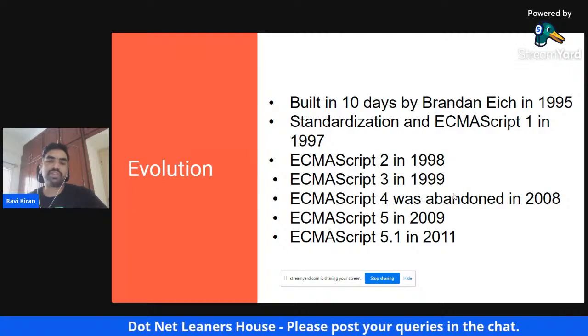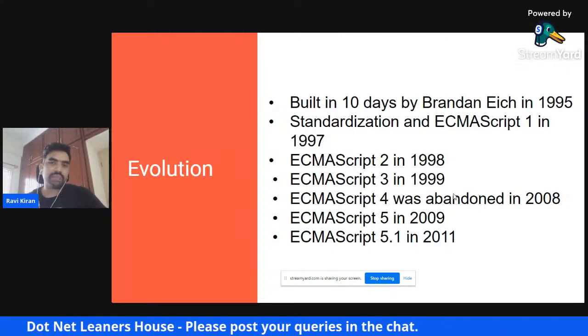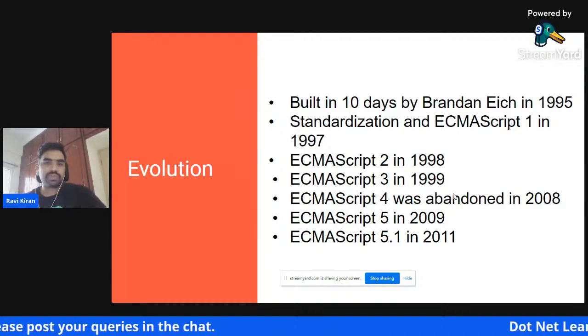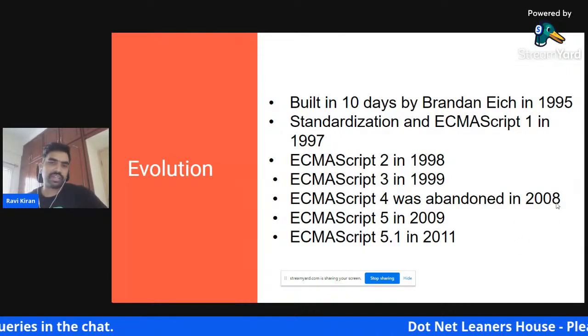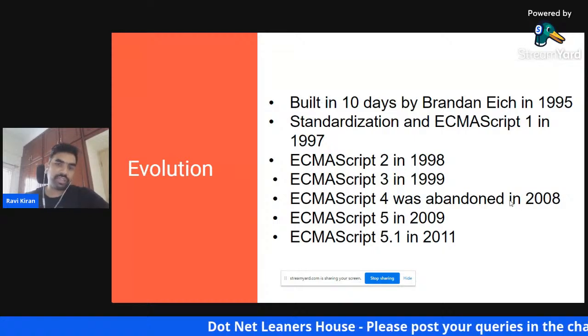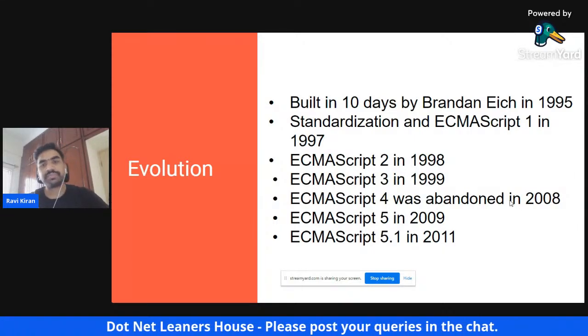After a number of rounds of thorough review and consideration, the entire spec was finally abandoned in 2008, saying that ECMAScript 4 would not be implemented by any of the JavaScript vendors.